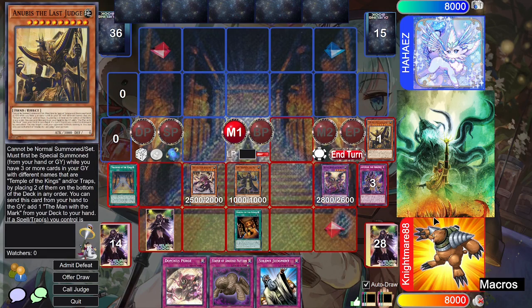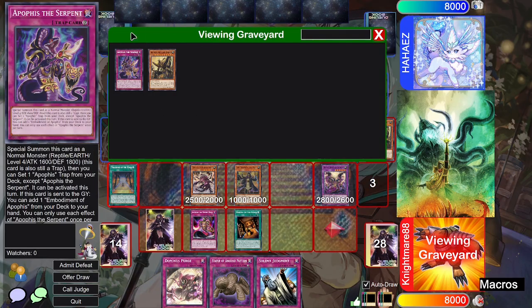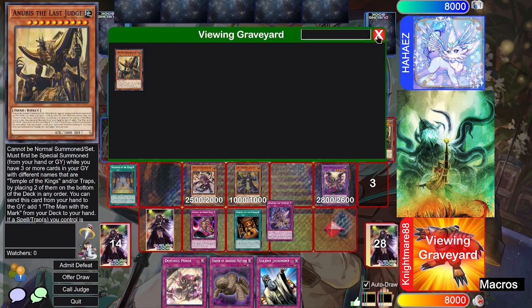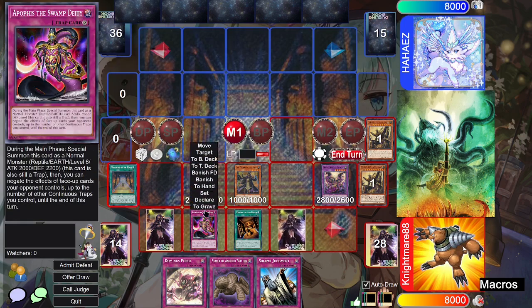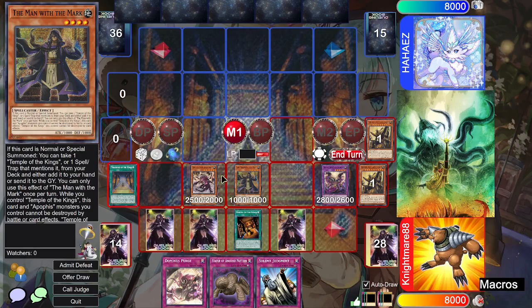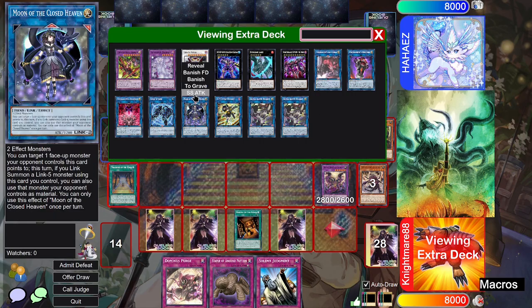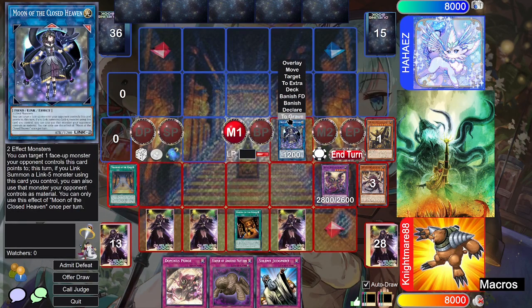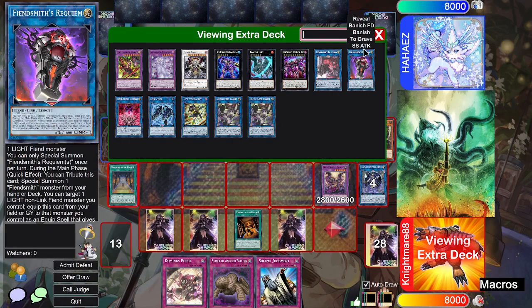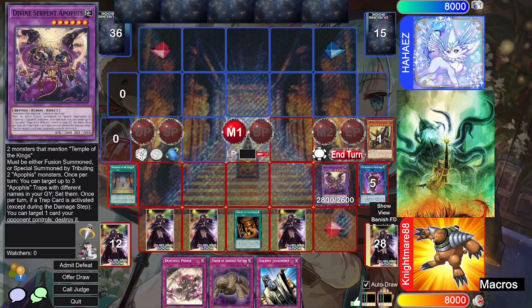We will trigger, target both to reset them, Swamp Deity and Apophis the Serpent. We are going to have to make decisions on which back row we want, and it's probably going to end up being the Solemn. We'll link those two off for Moon. We'll go Moon for Requiem. We'll go Requiem,